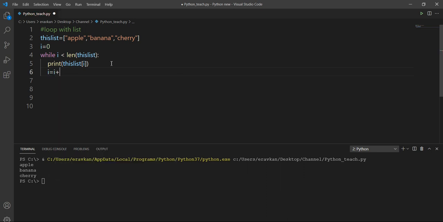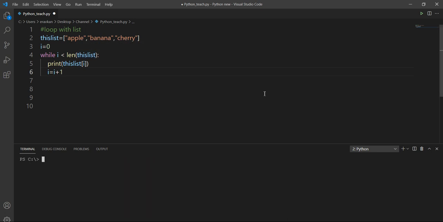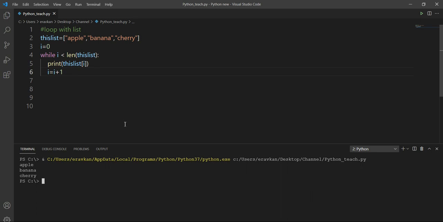So what is happening here? Here I am taking the length of the list. First i contains 0, then it will print this value at 0, then the i value increases. It will continue till i becomes the length of this list, meaning it is less than 3. So same thing. But generally it is better to use the for loop because it is very easy.